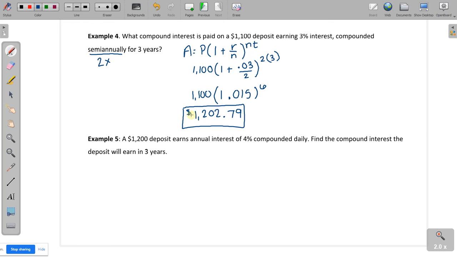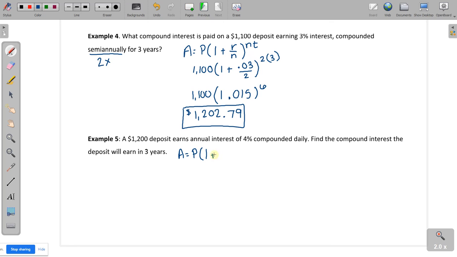The last problem we're going to look at today is dealing with interest that is compounded daily. So, a $1,200 deposit earns annual interest of 4% compounded daily. Find the compound interest the deposit will earn in 3 years. So, start with our formula. A equals P